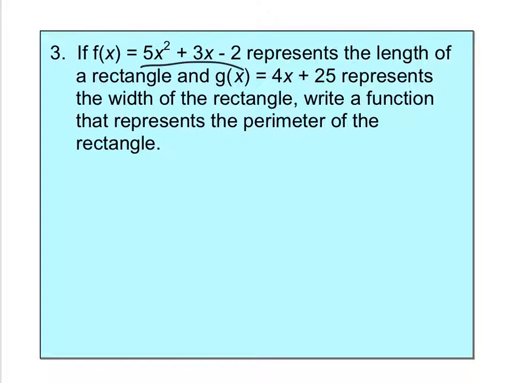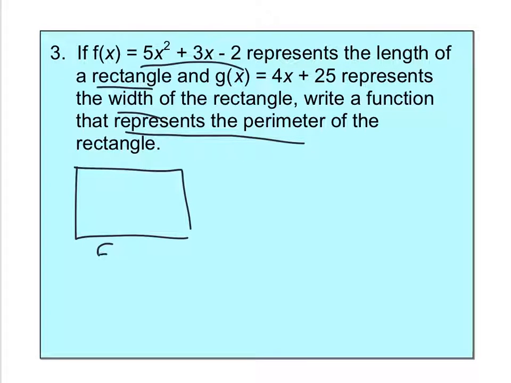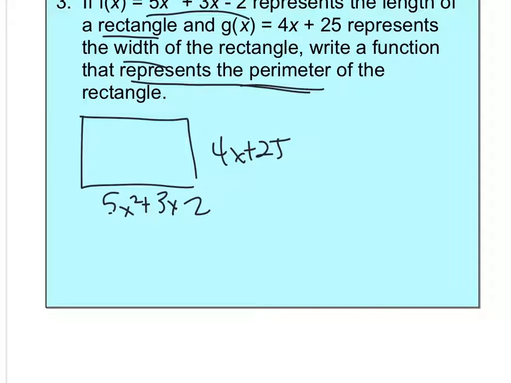5x squared plus 3x minus 2 represents the length of a rectangle. 4x plus 25 represents the width. Write a function that represents the perimeter. So if you've got a rectangle, 5x squared plus 3x minus 2, and 4x plus 25, you're doing perimeter. So that means you're adding. It means you're going twice the length plus twice the width. So that would be